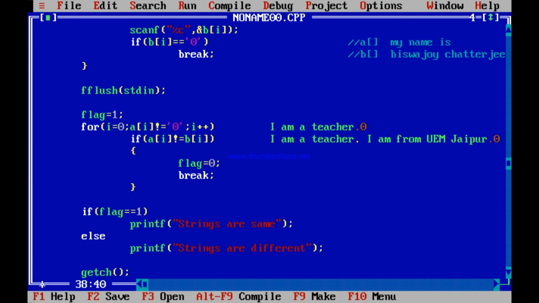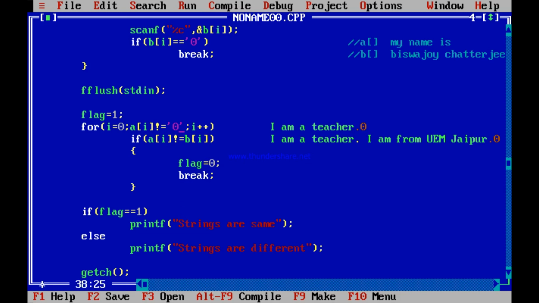You start with 0. Yes, A[0] is equal to B[0]. Space is space. Am same. All this up to this same. Teacher, R and R same. Full stop and full stop same. Now suddenly A[i] is equal to 0. You break out. With how much? Flag equal to 1.